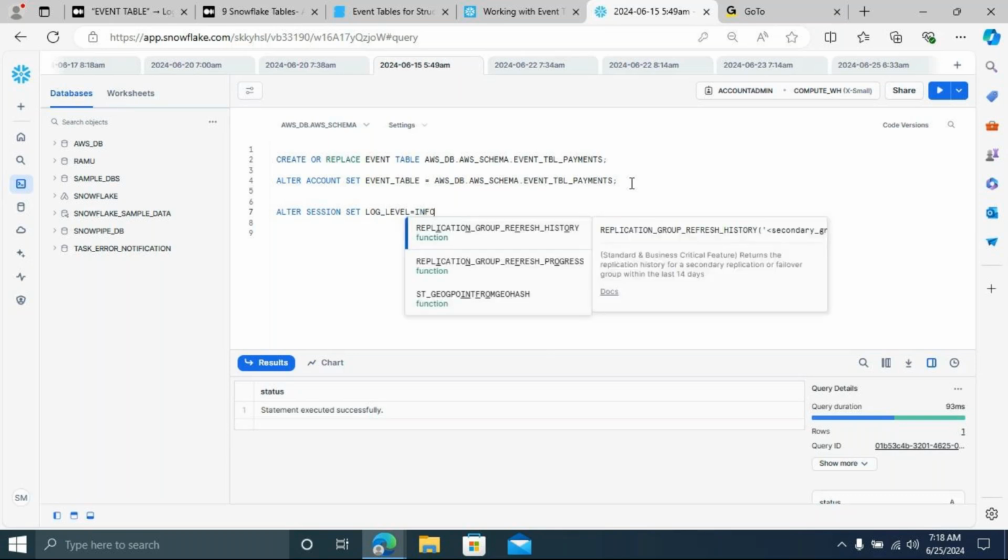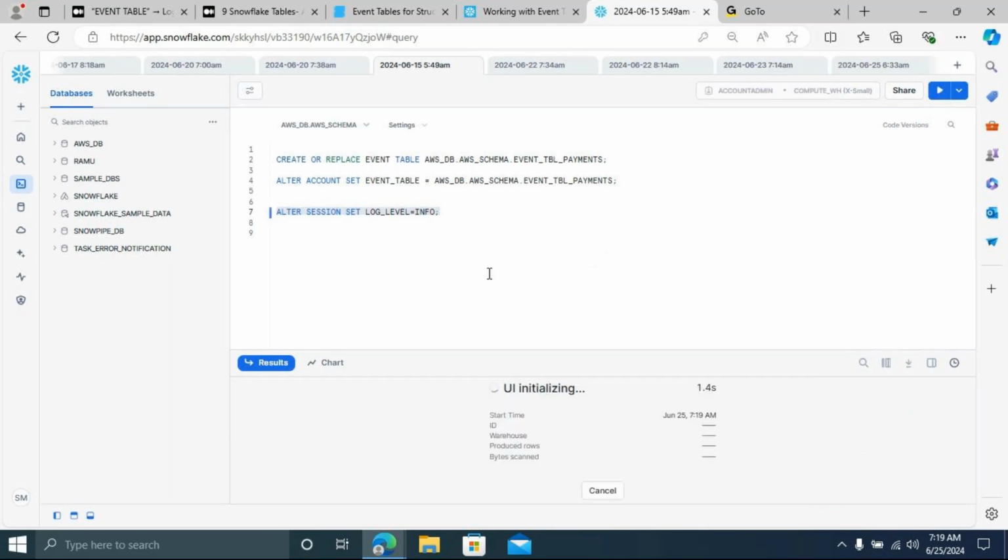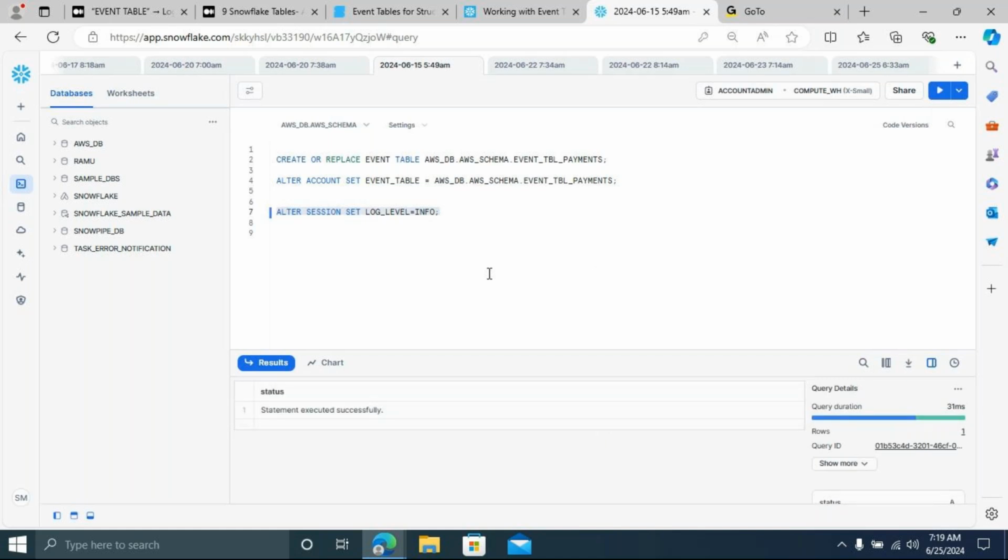If I use info, what are the log levels to be captured? Warning, and then errors, fatal.